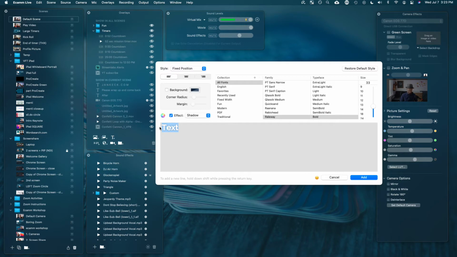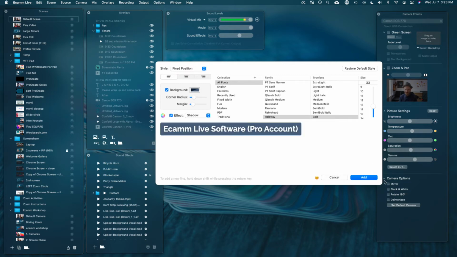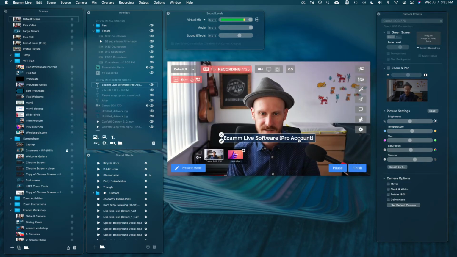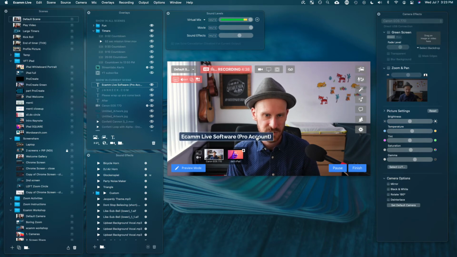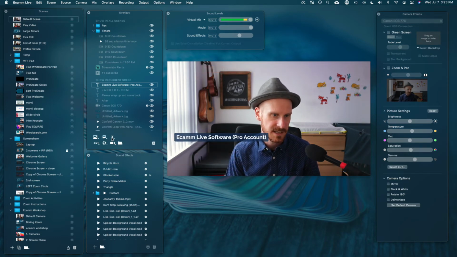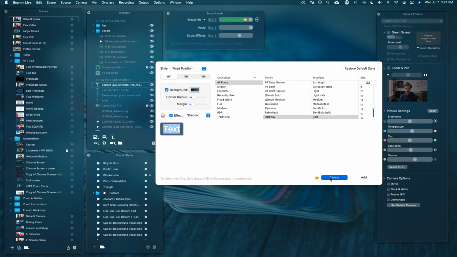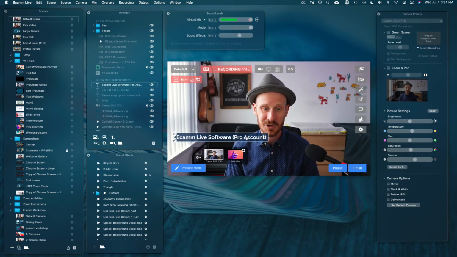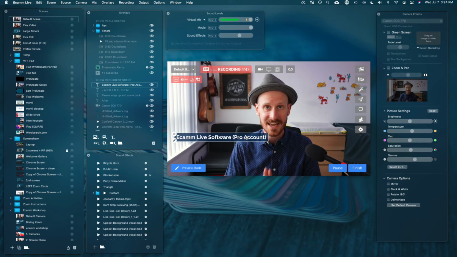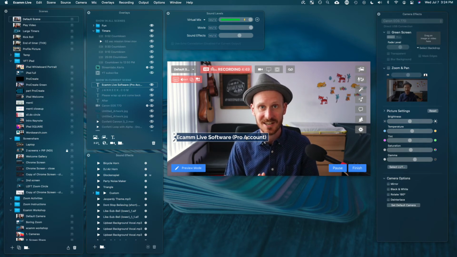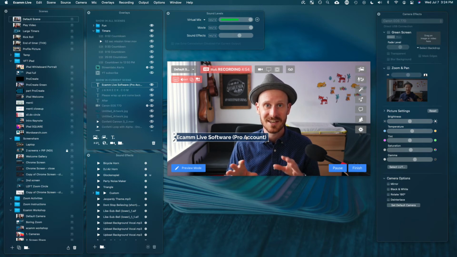You need the Ecamm Live software, and you will need the Pro account. So let's just add some background here, add this over here. So here's the things that you will need. The next thing you will need, and by the way, if you don't have the Pro account and you don't want to pay for it, you can sign up for a 14-day free trial. So just sign up with that just before the workshop